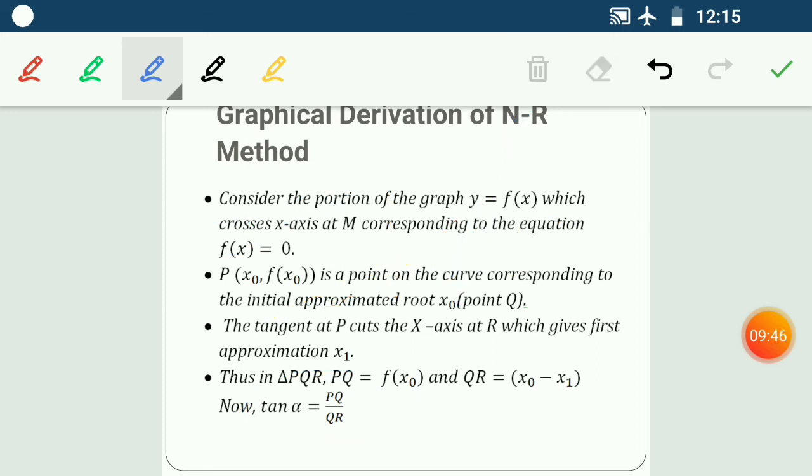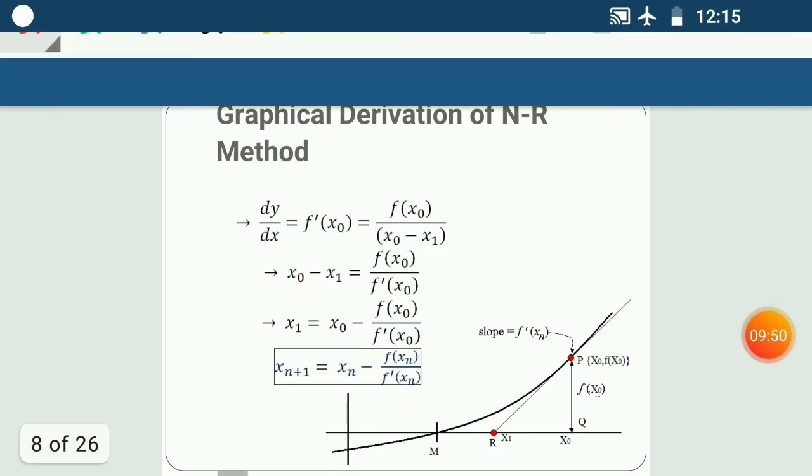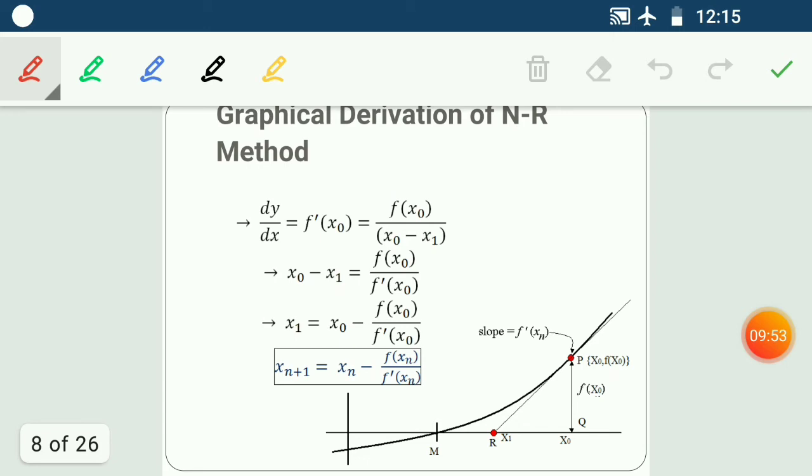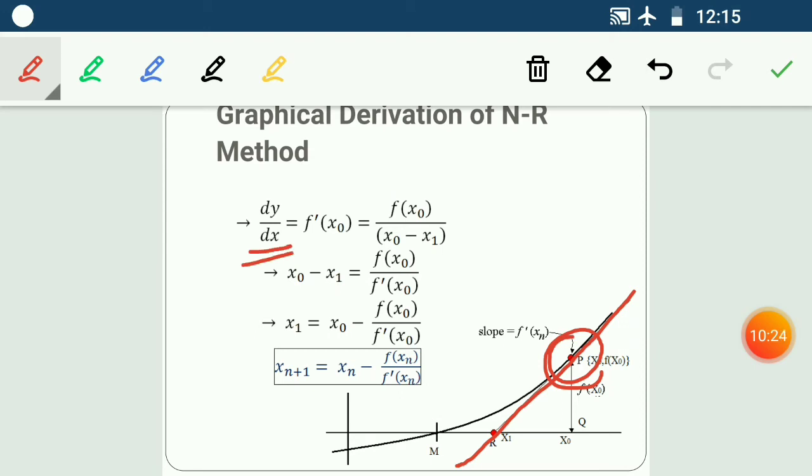Or another method to find the slope of that tangent line is what? We can have dy by dx at point P. So this is my graph, this is my actual root, point P on the curve, point Q with the value x naught, point R where the tangent line cuts the x-axis. Okay, so these are all in the graph. Now I have to find the slope of this tangent line. So how will we get dy by dx, right? So dy by dx can be found as dy, the difference on the y-axis, this much, divided by dx, the difference on the x-axis, that is this much.